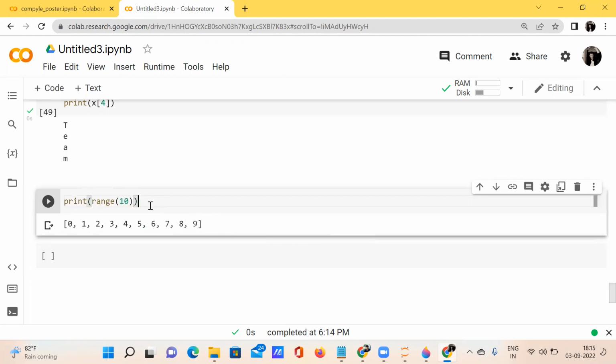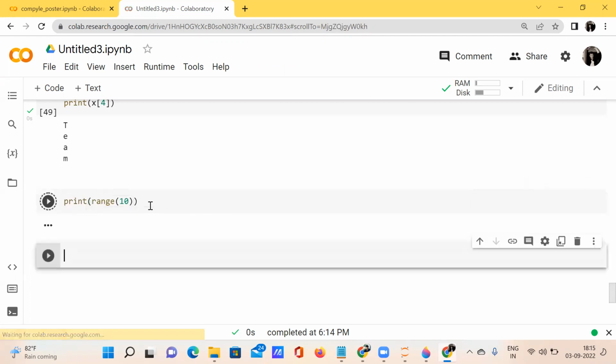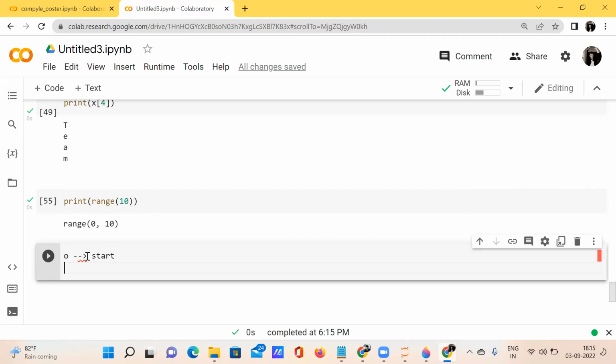I'm just removing this list function. What happens? See here, it just prints out range(0, 10). Why is it giving me 0, 10? Because in the range here, 0 means start. Okay. And 10 means